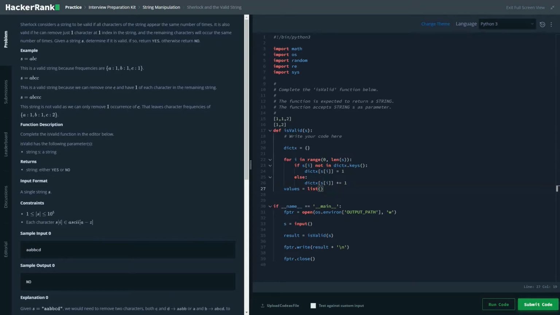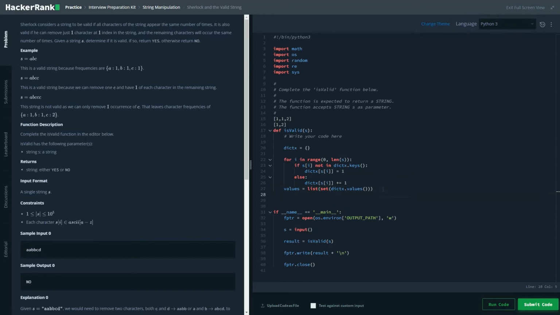So list of set of dict dot values. Last time we used keys, here you just want to find the values. So we are kind of done.